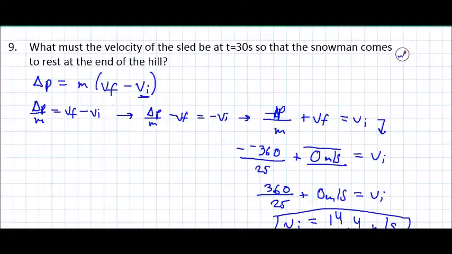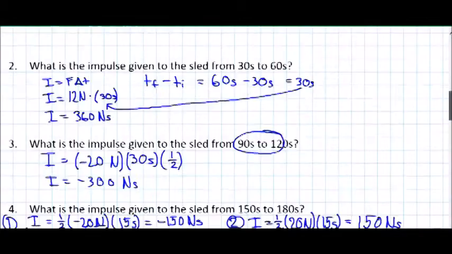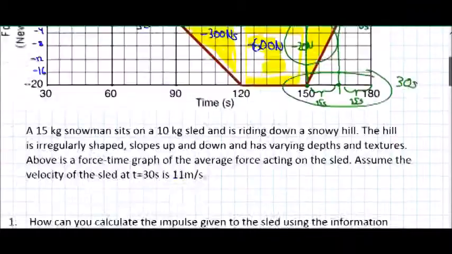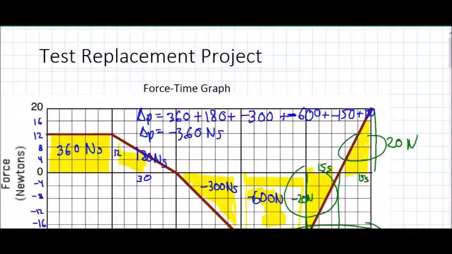Okay? So, in order for the snowman to stop right here at the end of the hill, he needs to begin at the beginning with a velocity of 14.4 meters per second. So 11 meters per second caused him to continue. However, if he begins with 14.4, he will stop